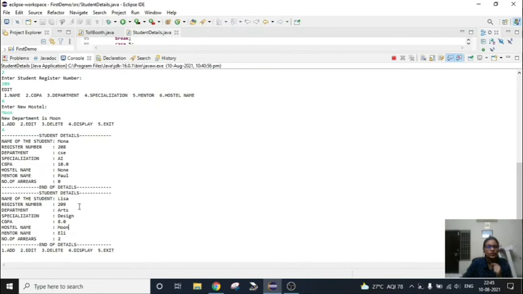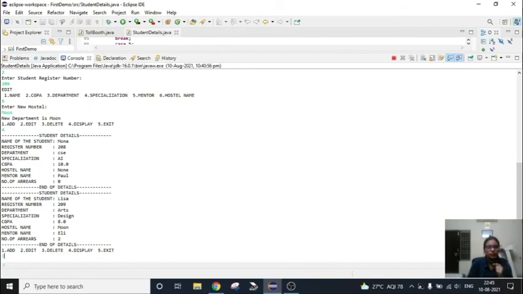Previously we have given star, and after editing we have given moon. So it has updated the student details also. And then it is asking us again, since we have not given the exit option till now, we haven't exited from the program. So let's say 3, delete.